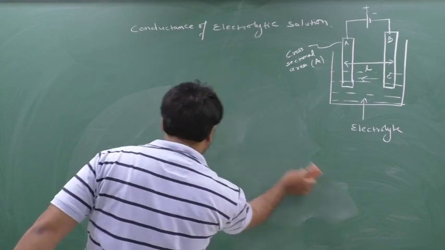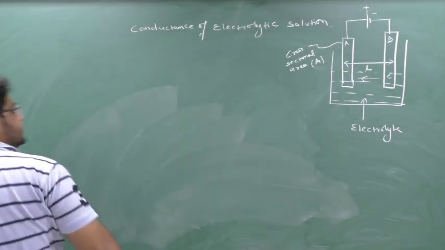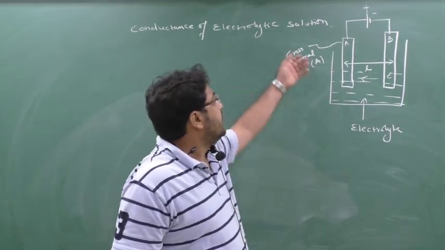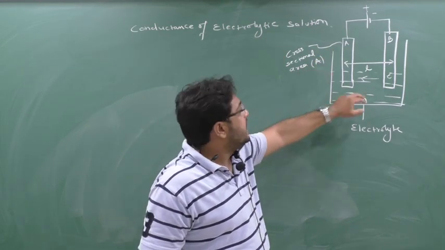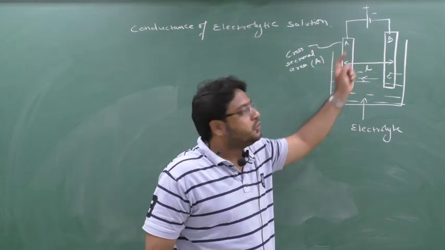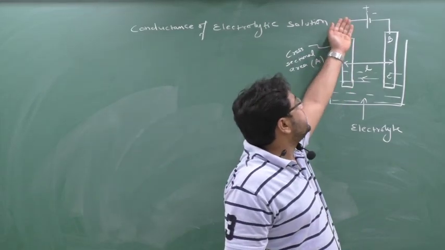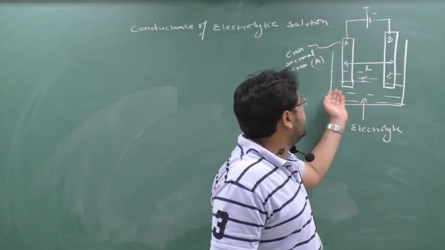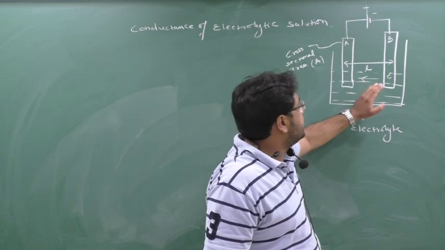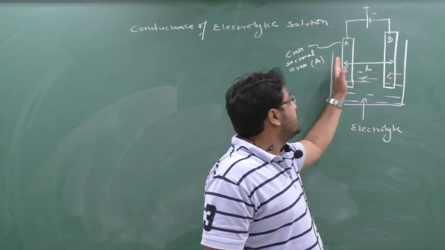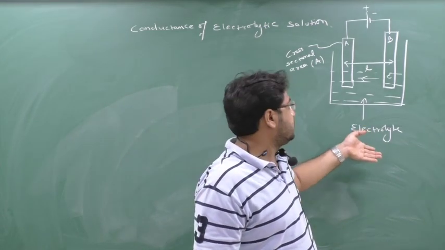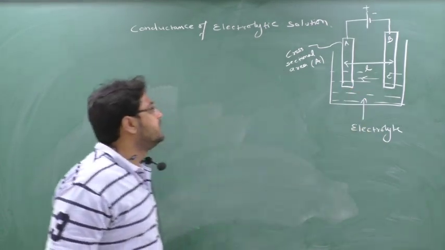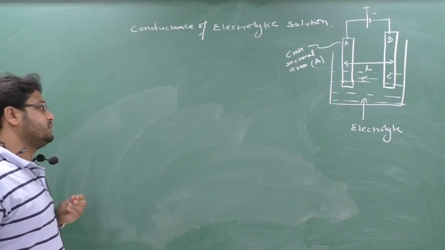Now consider a beaker in which an electrolyte is filled. A is the cross sectional area of the electrode and L is the distance between the two electrodes, and I have connected the battery. The movement of electron takes place from B to A, and here the electrolyte helps to move the electron from the B portion to the A portion. That's why I tell you the conduction of electron in the electrolyte is due to the charge carrier. Clear? So we have to find certain terminology.